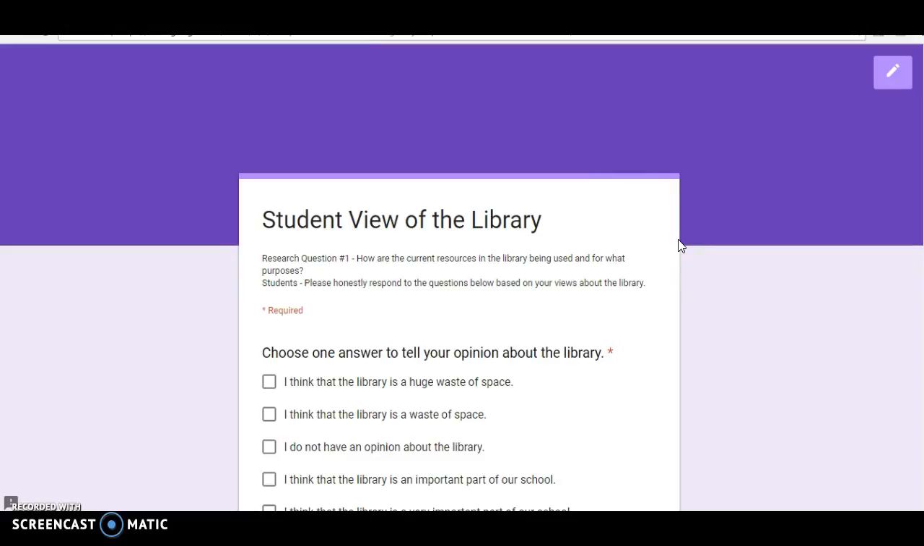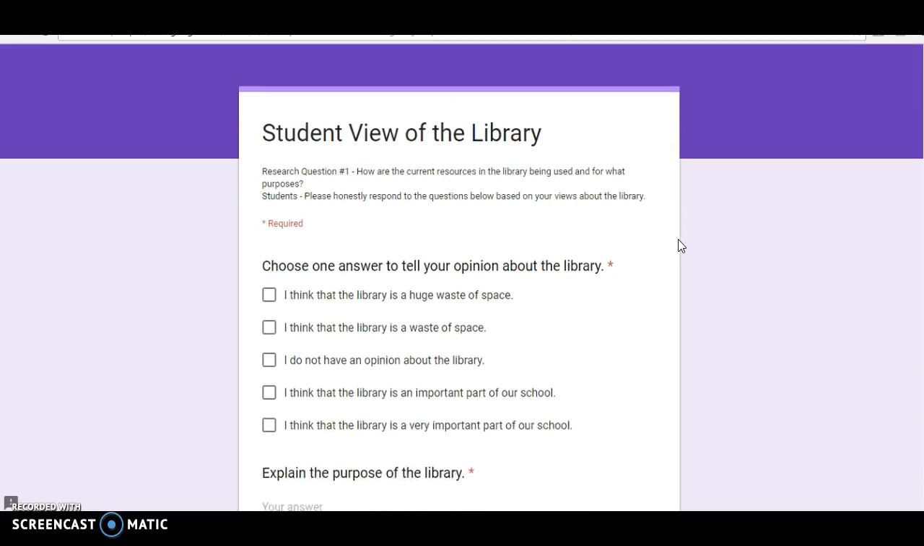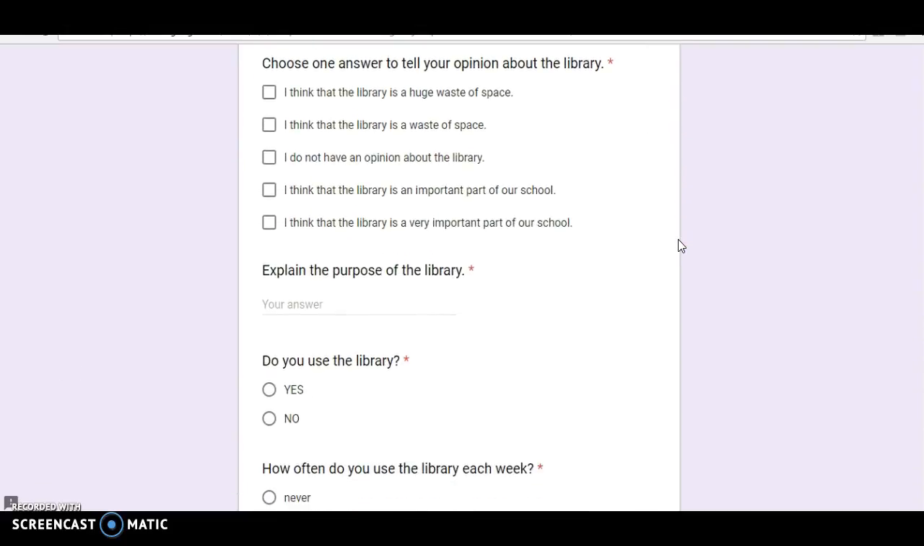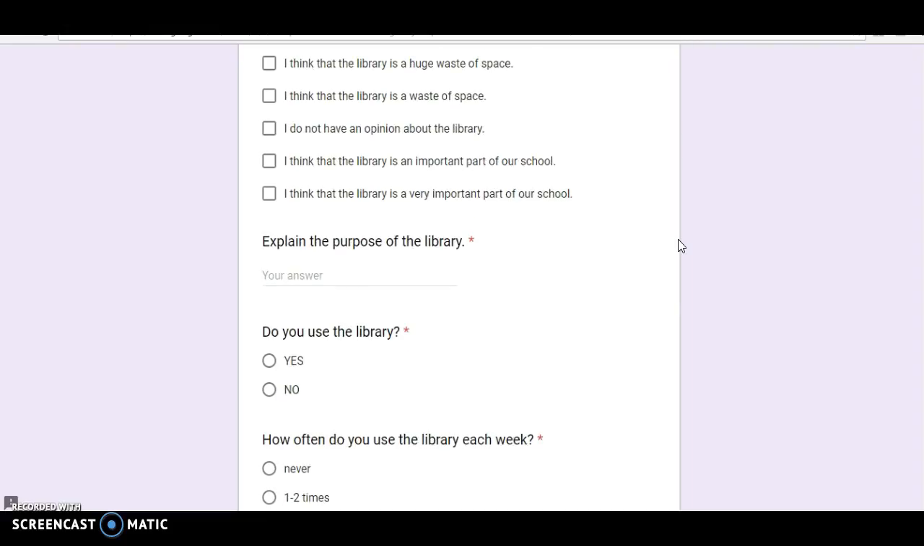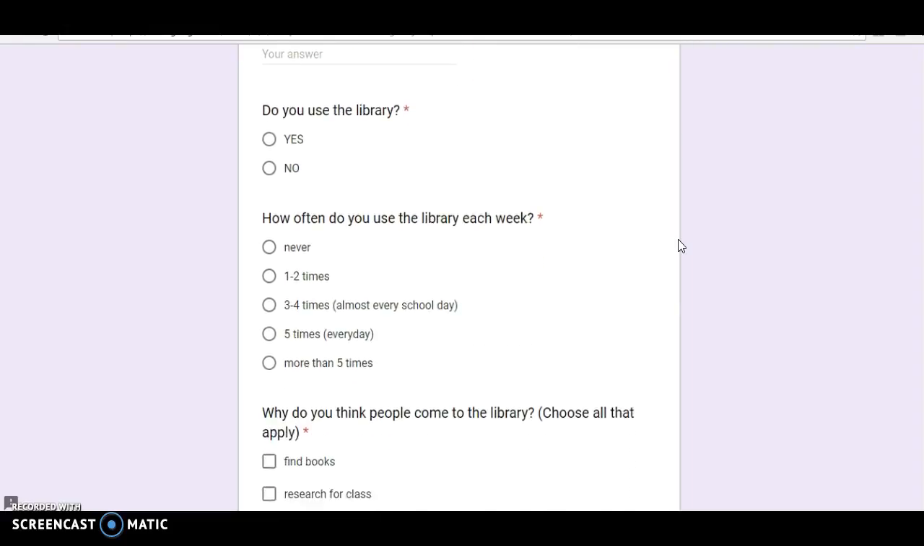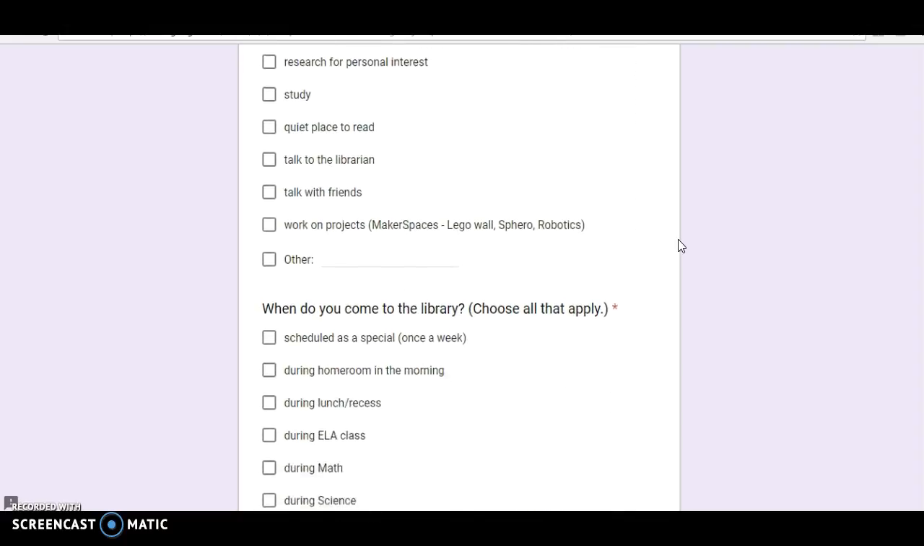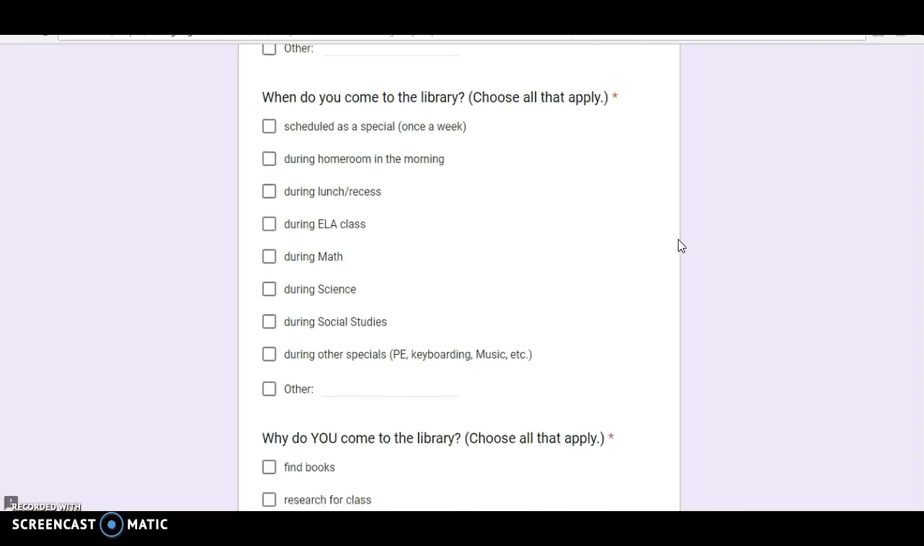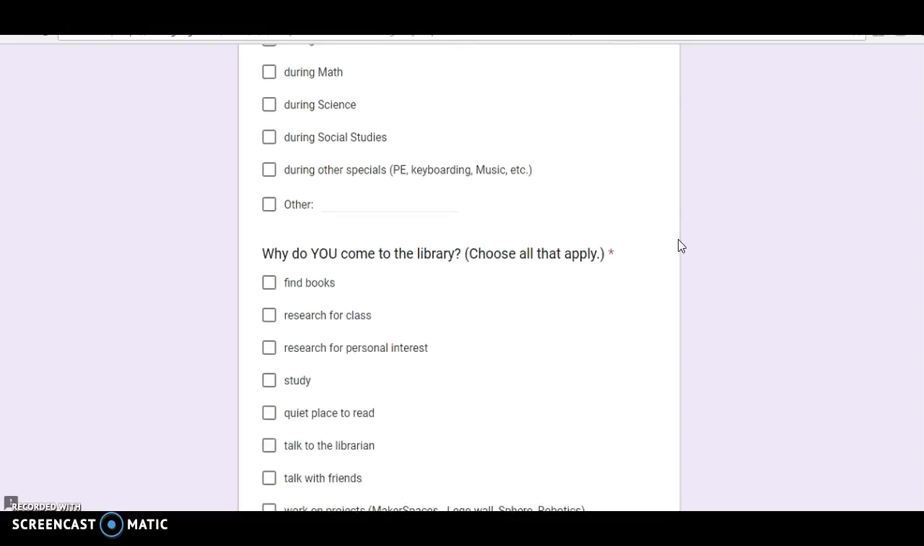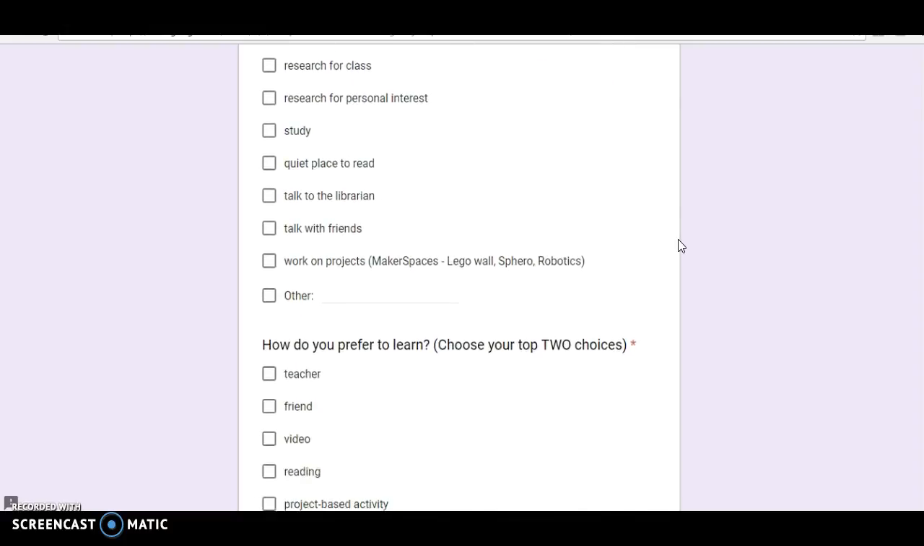is going to ask about their current view of the library. These questions include telling their opinion and explaining the purpose of the library. From there, the students are asked if they use the library, how often, why they think people come to the library when they come, why specifically does the student doing the survey come to the library, how does the student